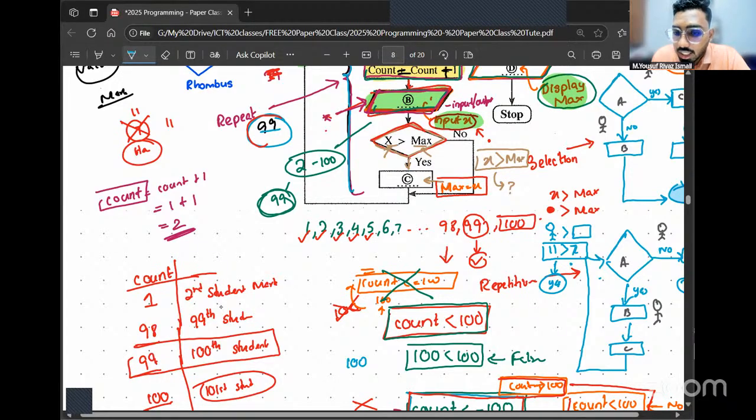All this time max was 7. Now you will be like, the number we have got is greater. So hereafter max is not 7. Hereafter max has to be 11. So you update the value of max. And what is max going to be? Max is going to be equal to the newly entered number. As per this program, the newly entered marks is stored in x. So you're going to say max is equal to x. Did that make sense, all of you? Got it?